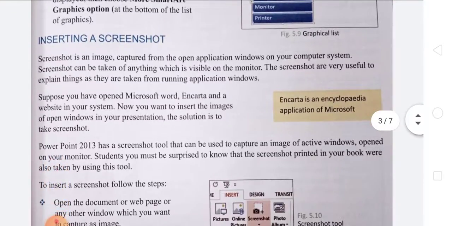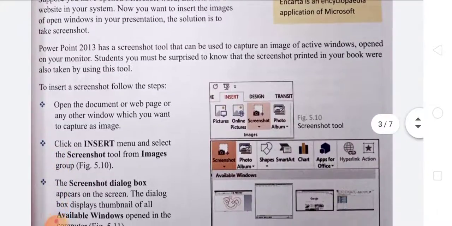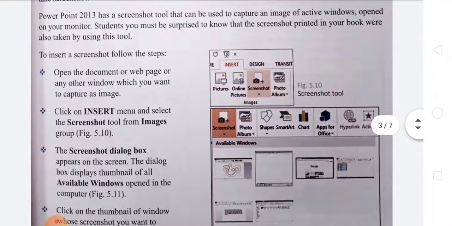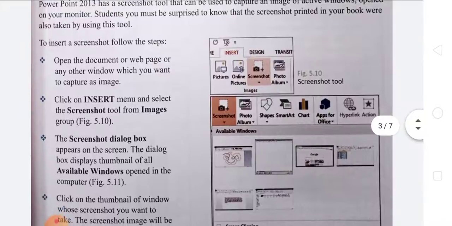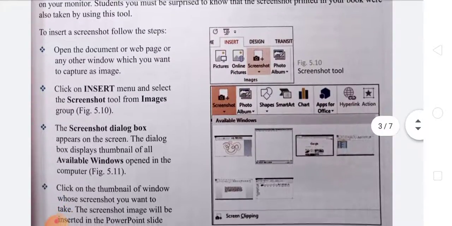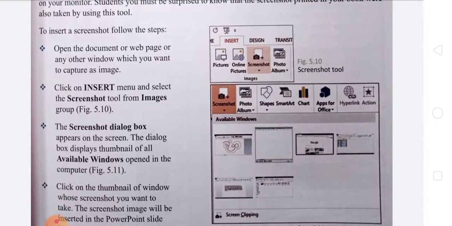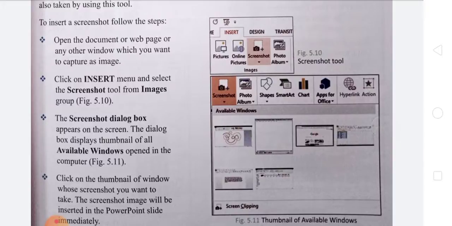Then, inserting a screenshot. The steps for inserting a screenshot in PowerPoint 2013 are: first of all, open the document, web page, or any other window which you want to capture as an image. Go to the Insert menu and select the Screenshot tool from the Images group.